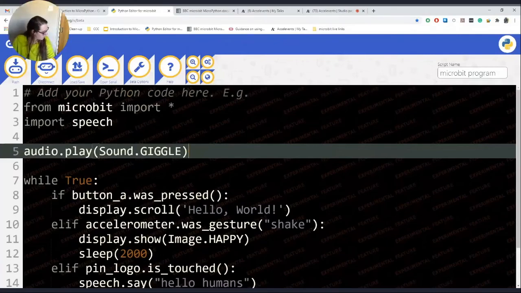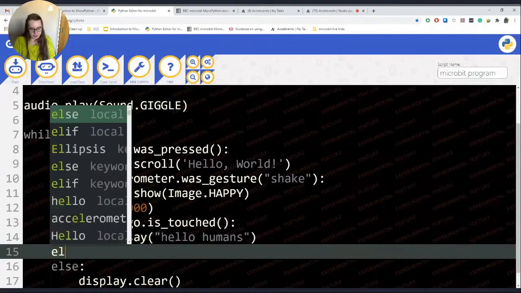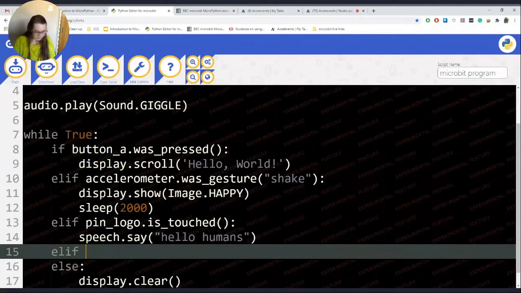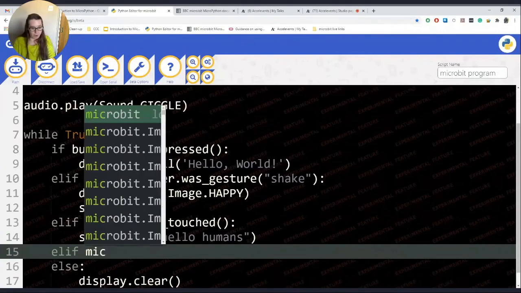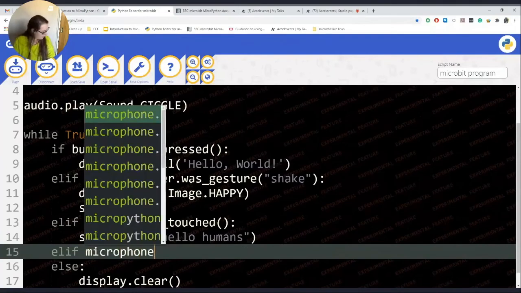Perfect. So I will just show you a line of code about adding the microphone for the new microbit, and then I will come back onto the main screen to answer any questions or take any requests for next bits to code. So we're now going to do elif. So this is where I need to remember what the code is because I haven't had my new microbit very long.